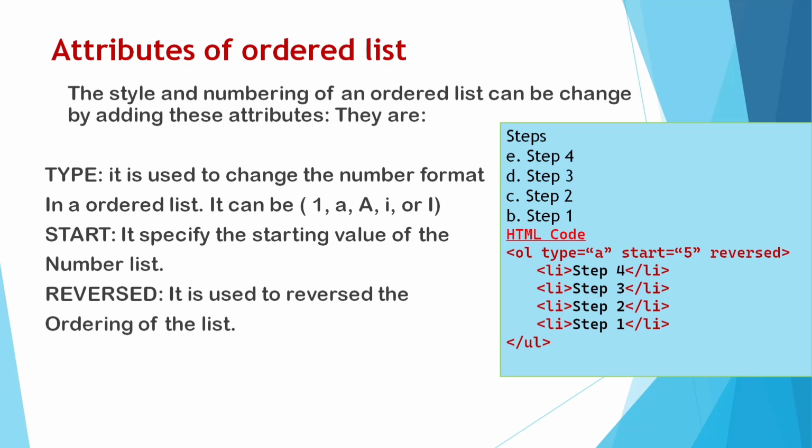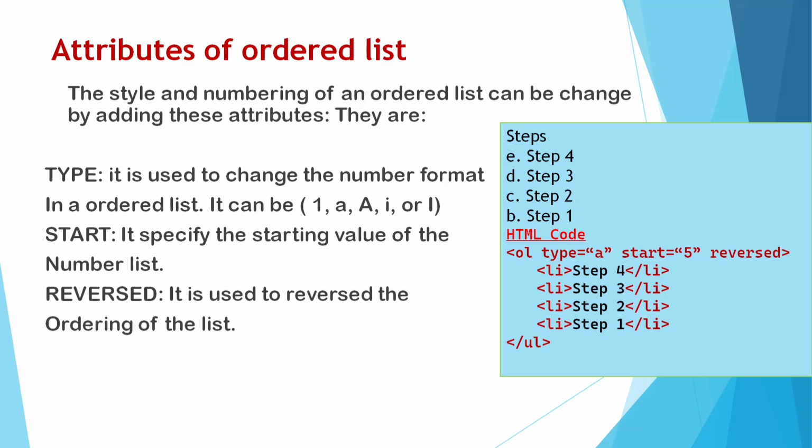So we'll write the position of E in the English alphabet. The position of E is 5. So we will write OL type, the list type is ABCD, so A and start equal 5. And reversed, when you use the reverse attribute, it will